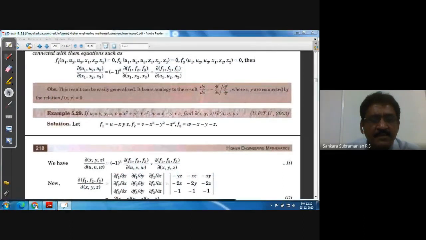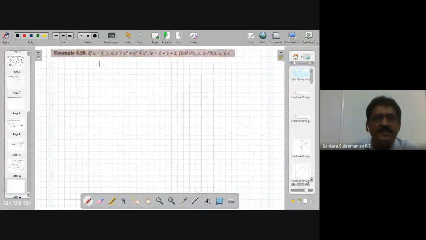This is x y z. Please change it. In this place, x into y into z. The solution: